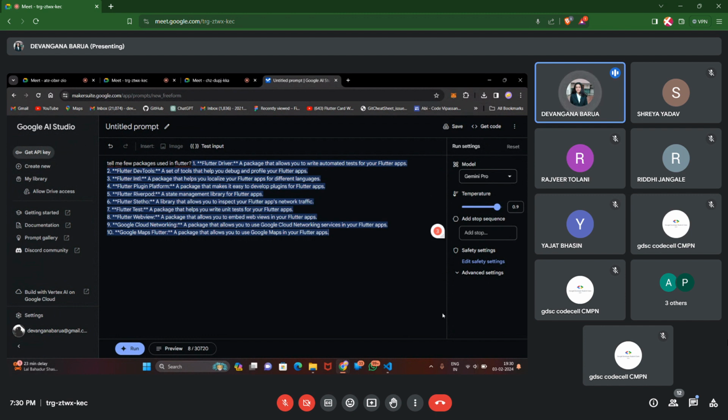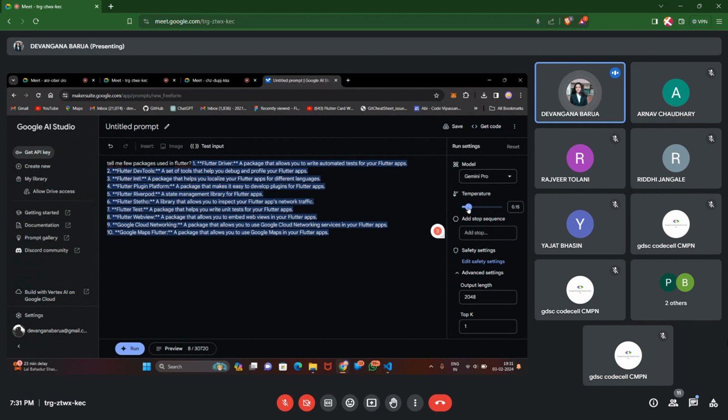So here on the right hand side bar, you can see we are using the Gemini Pro model, right? And you can see a couple of things here, that is this temperature, then safety settings, and there are more things like advanced settings. So what are these? So temperature is basically when you want the response to your query to be a little creative, you can set your temperature on the greater side, and when you set it to the lower side, it'll basically give you more factual based